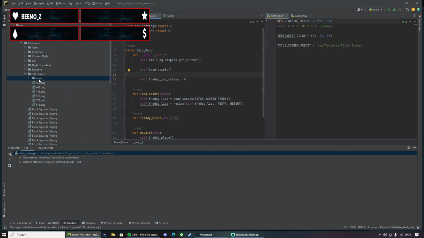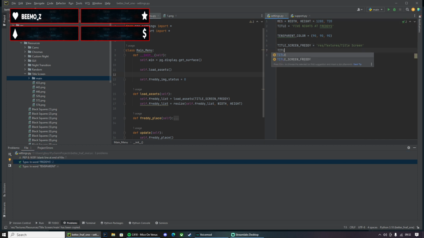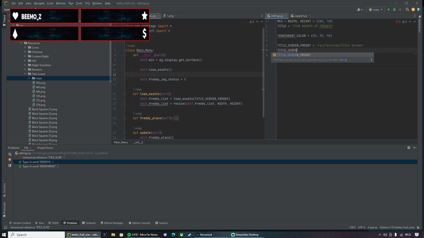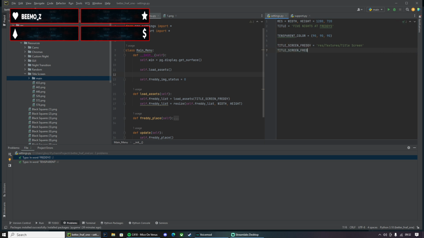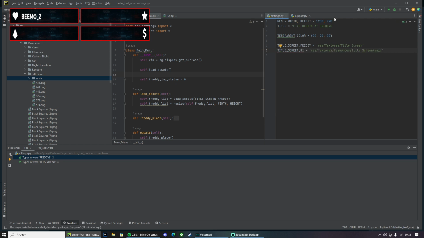Okay, so we need to get this. So let's copy the path directory. Let's do title underscore screen. And this one's just going to be called UI. And that equals the list of the path.